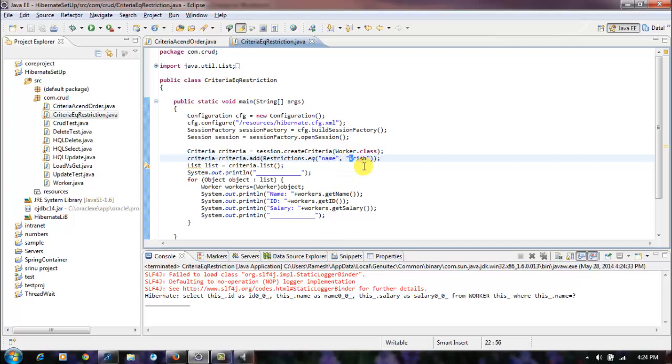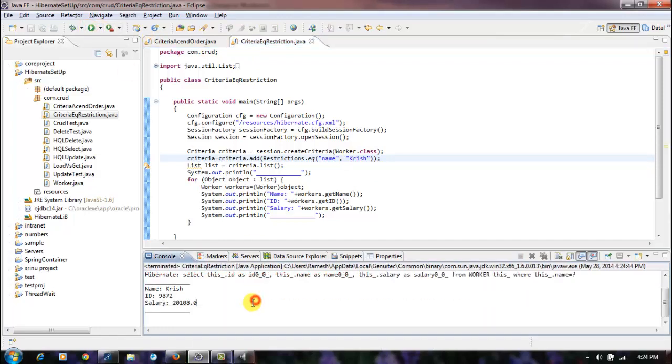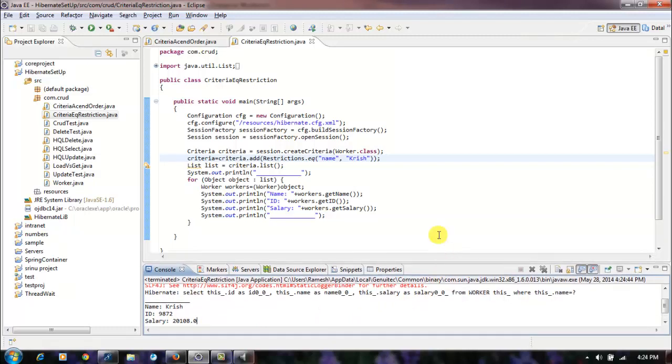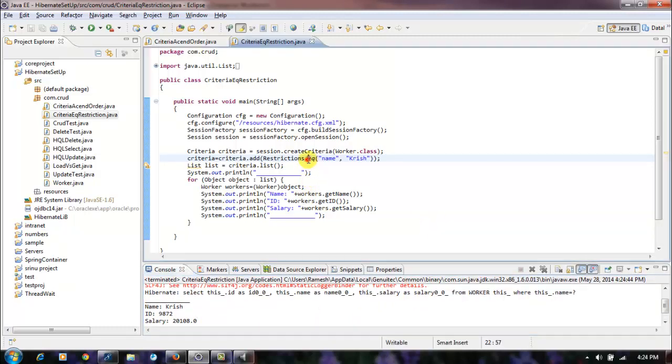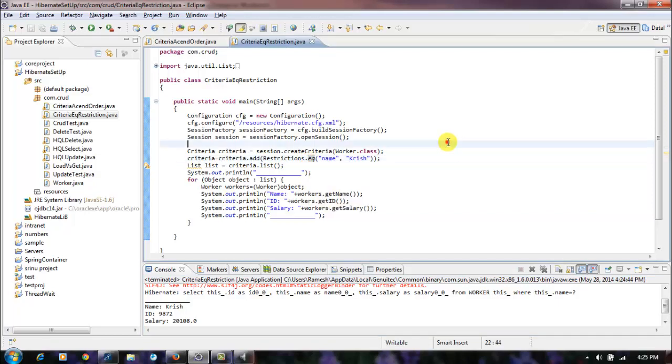Well, this is a capital letter. See, we got the record details. Like this we can get by using the EQ restriction. Just like passing the value,